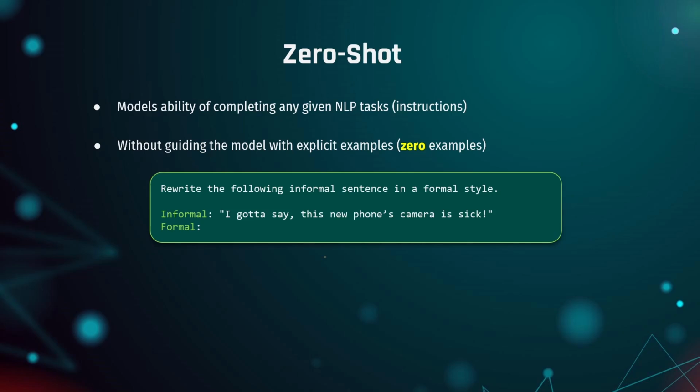এবং যদি আপনি নোটিস করেন while designing this particular prompt আমরা কিন্তু আমাদের মডেলকে কোনো এক্সাম্পল দেখিয়ে দিইনি, right? And by example I mean আমরা আমাদের মডেলকে explicitly দেখিয়ে দিইনি যে if this is my sample informal sentence then this should be the corresponding sample formal sentence. Okay, মূল কথা হলো without giving explicit examples in the prompt our model will still perform very well at the